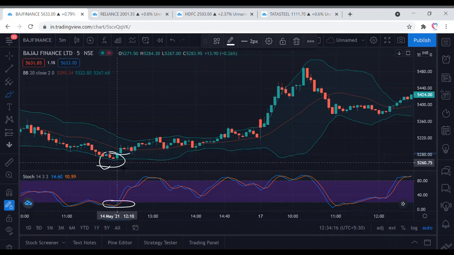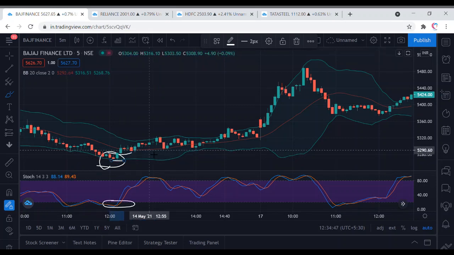And personally for me, the stop loss would have been the low of that candle, which is 5265. Different people have different stop losses, but for this strategy, I'll be recommending to have the low of the previous candle as the stop loss, or the stop loss should be 1 or 2 points below the Bollinger Band, not more than that. And if you're scalping, you need to put that stop loss in your system and you need to have it very tightly, very close to your entry price, because your quantity will be more.